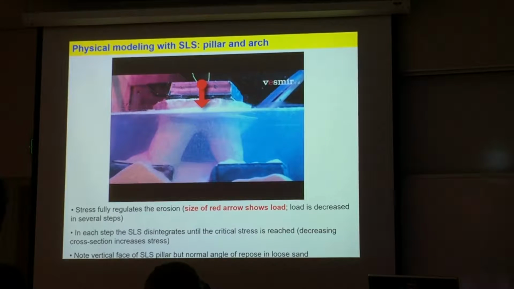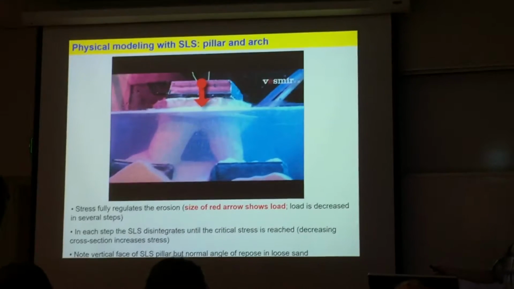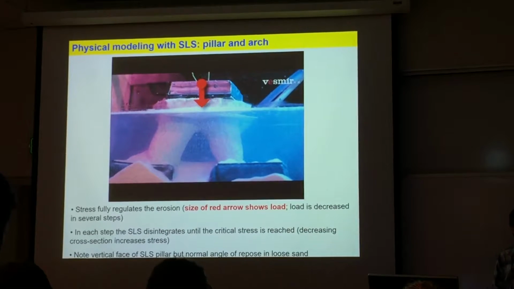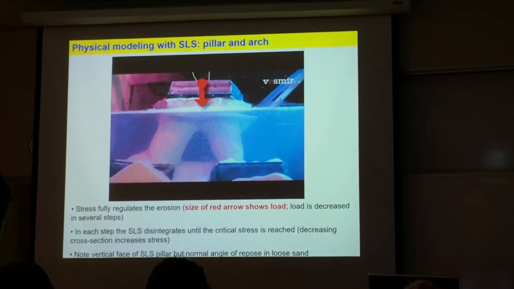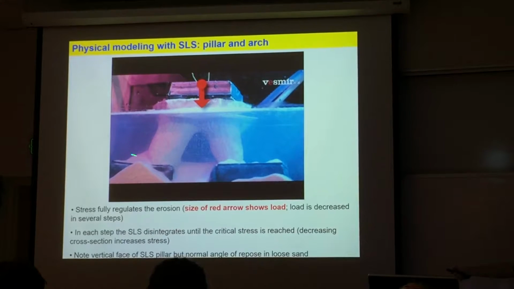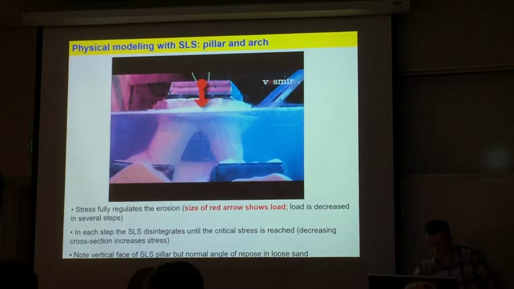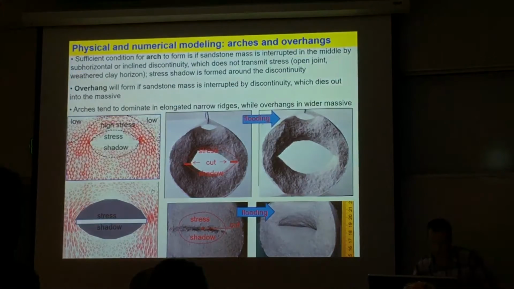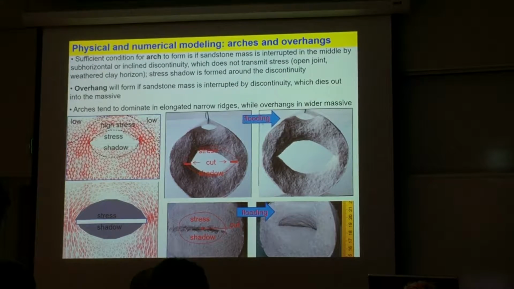The stress, the pressure inside there, cannot jump across the free space. If it could, then things could fly, levitate. And as such, the stress has to go into the buttresses. And as there is nothing, it must create the arch or two pillars. The arch will be there in case there is enough weight of the mass itself, the sand mass itself. If there is a low amount of mass, it will be two pillars instead of an arch. So these are the experiments, and we did many other experiments which basically showed that to create the arch, you